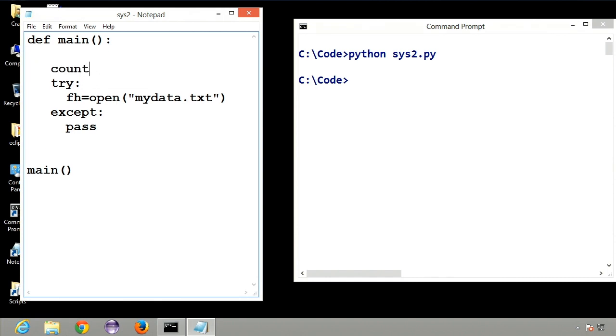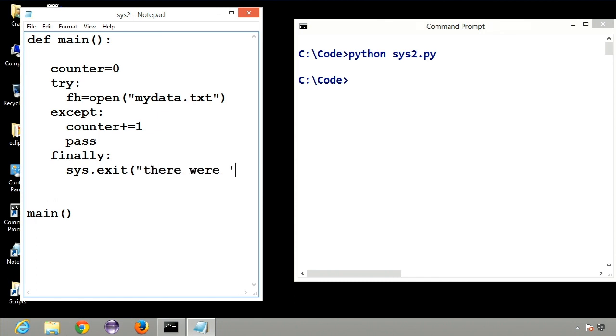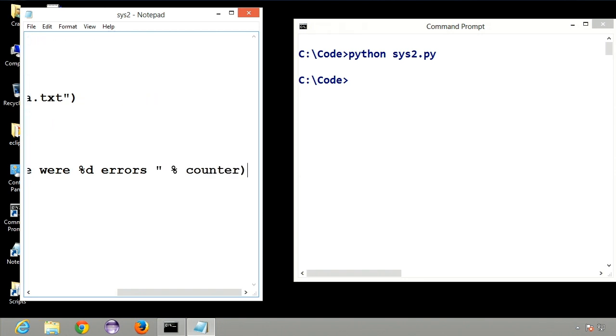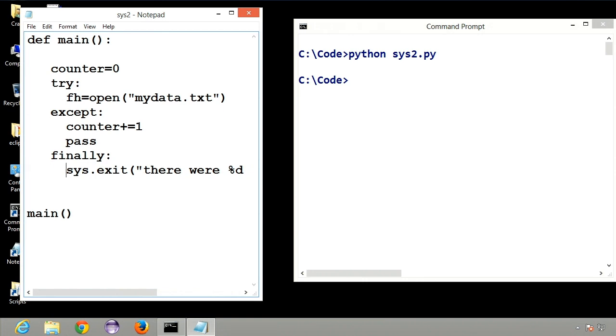I can say counter equals 0. I can increment the counter right here, plus equals 1. And then I can put in finally, when I exit, I can say sys exit, and I can say there were errors. And I can display the number of errors and save this. When I run this,